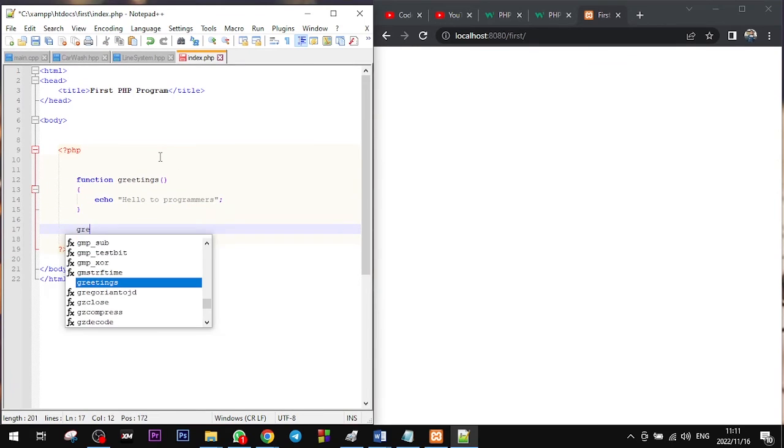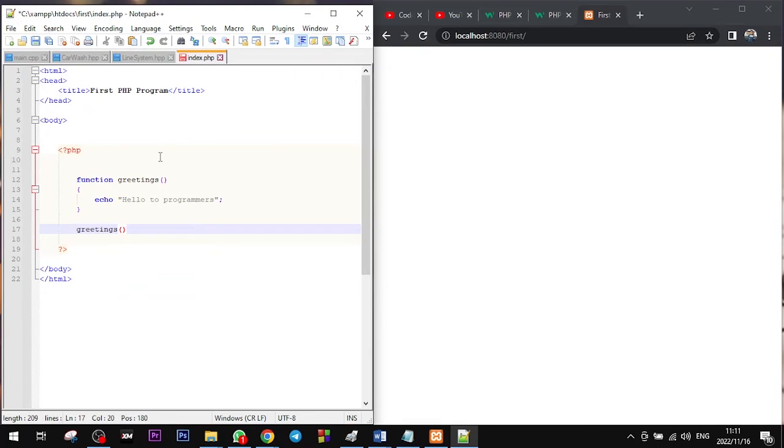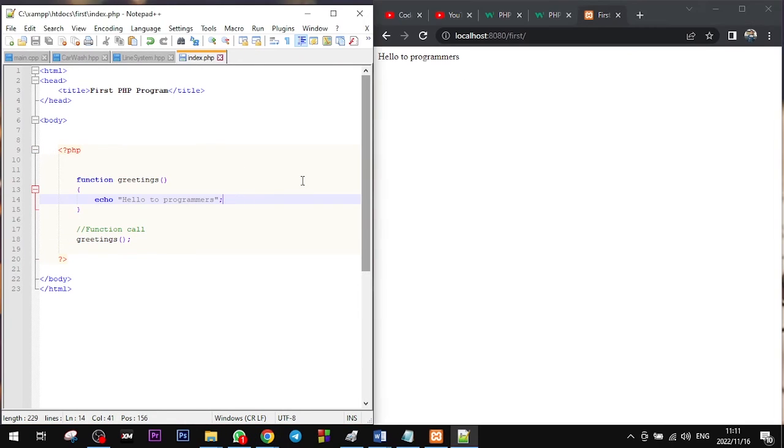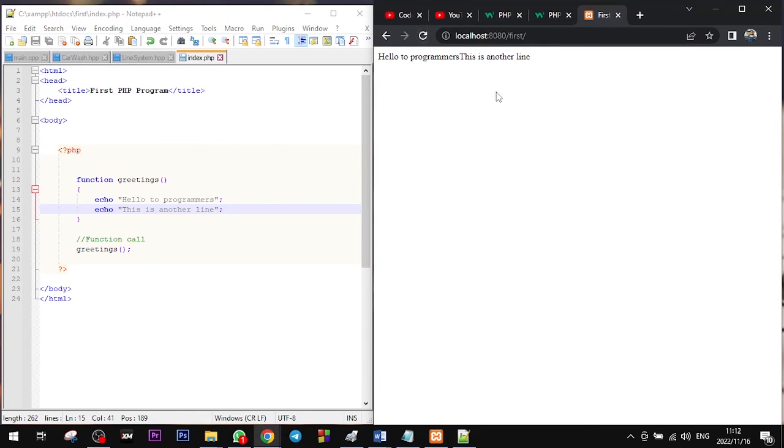In order to call this function, I'm going to type greetings, and this is how we call it. So I'm going to refresh here. You can see now hello to programmers is printed. I can also add other code and say this is another line. I don't know what to type, so I'll just type anything here, and then you can see it says this is another line. Okay,